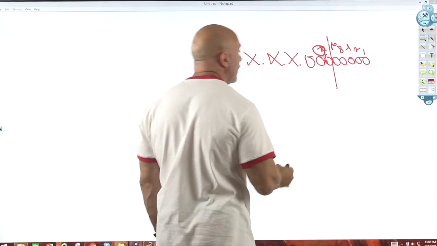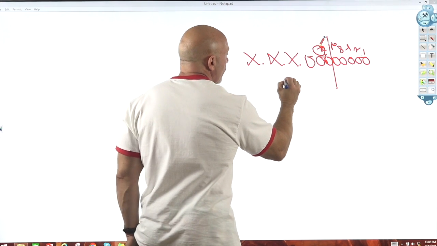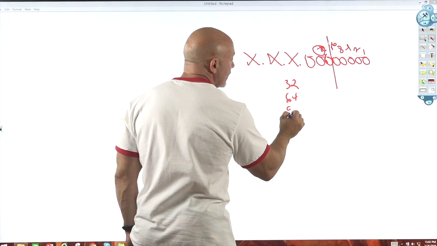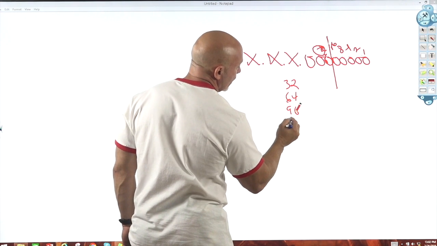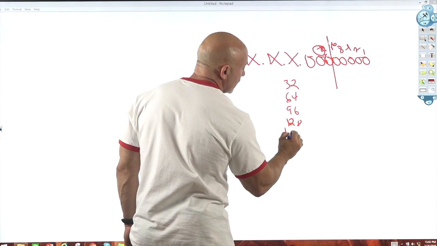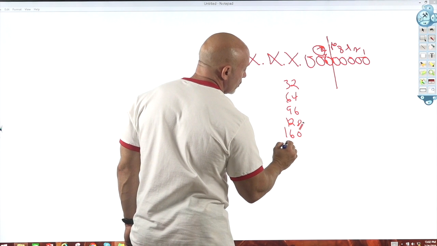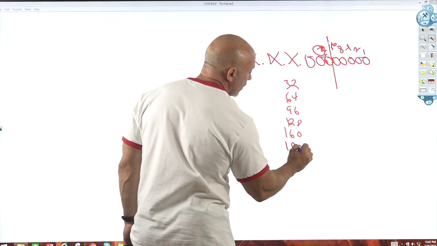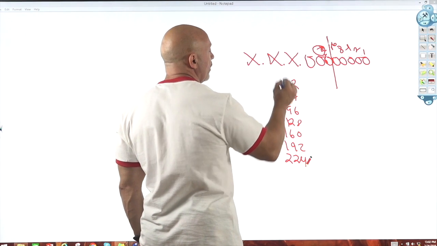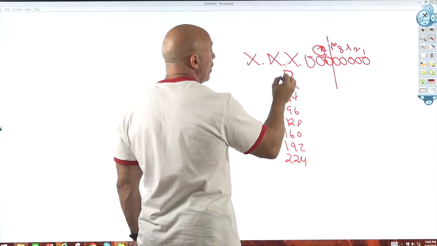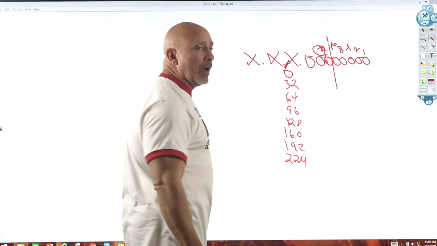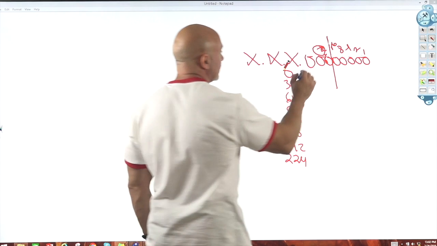That's how you increment. So for your network ID, 32, 64 on the last octet, 96, and 32 more. That's what? 128, 160, and 32 is 192, and then 224. Okay, and really we have 0 because we start from 0. So we have 1, 2, 3, 4, 5, 6, 7, 8 networks. 8. So that's how many networks you have.